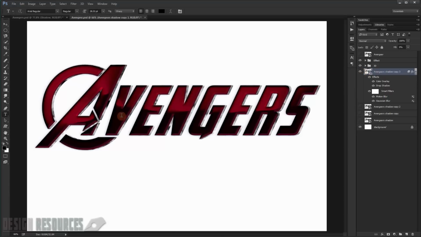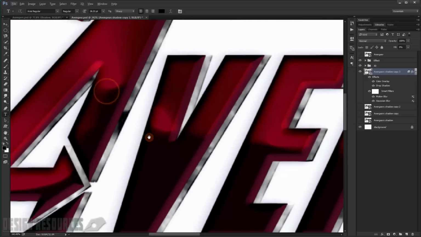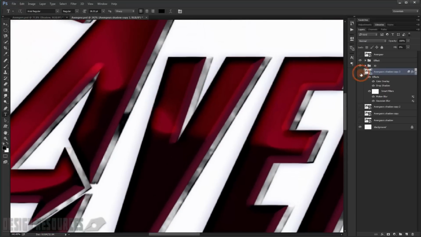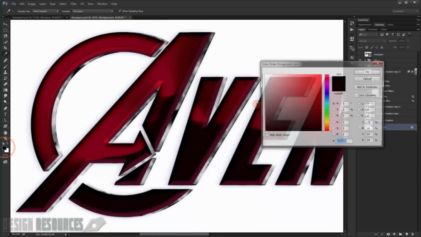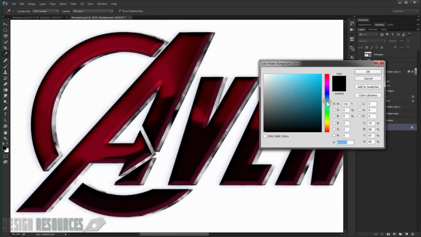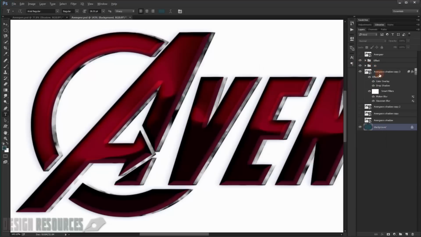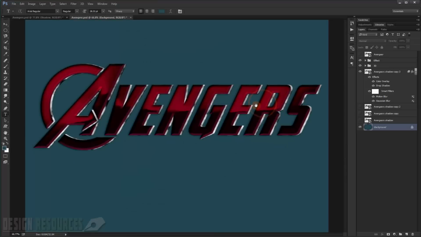As you can see, if I zoom, it started to give this shadow in here. And again, if I change the color to this bluish color in here, it will make it look like a shadow. So now I will go to this another copy in here,